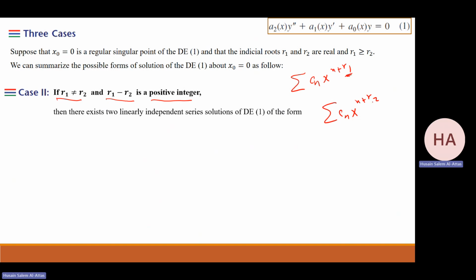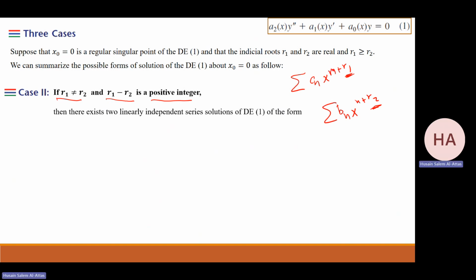Since the difference between these 2 r's is an integer, there is a possibility these 2 series are the same, just by changing the indices. I have another series here. So since the difference between them is a positive integer,